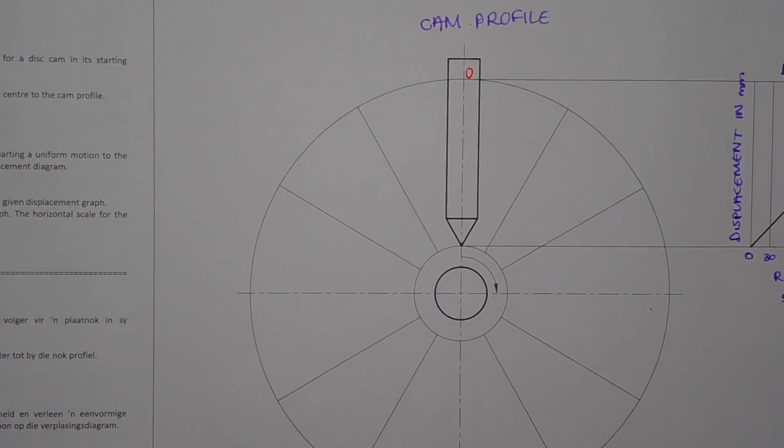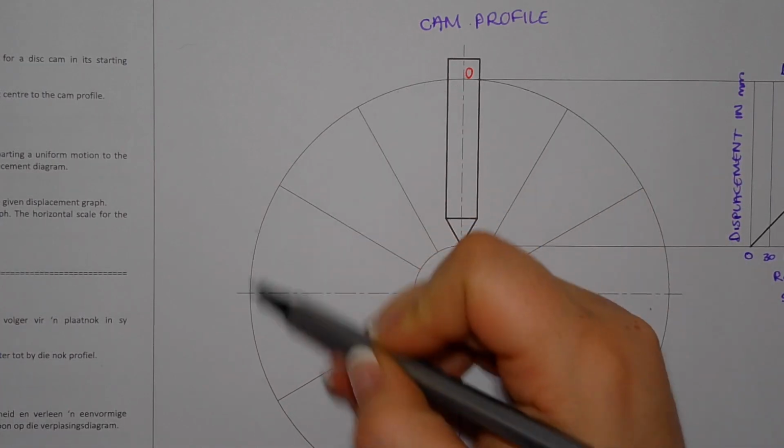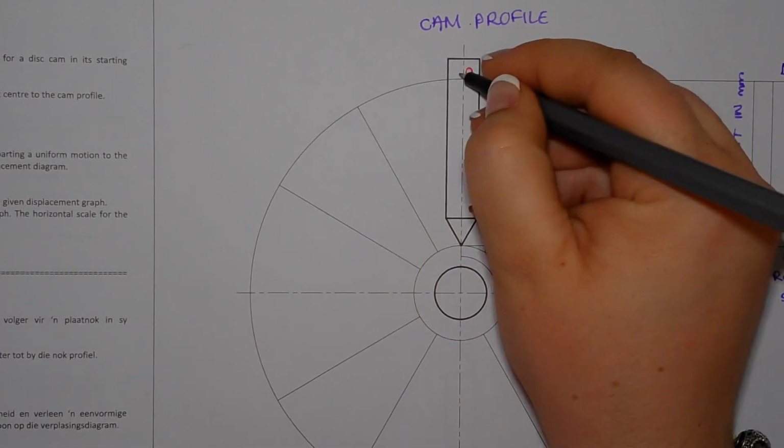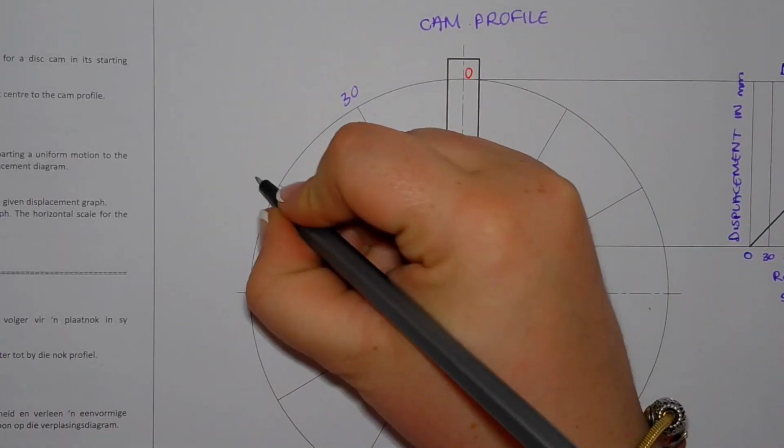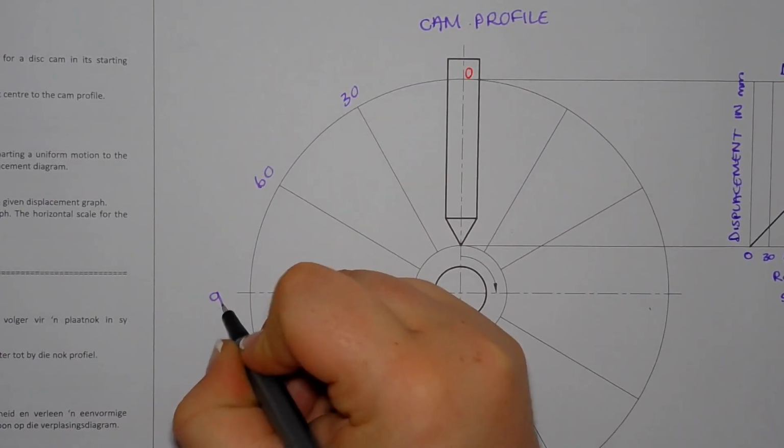We know that the follower goes in a clockwise direction, so I need to number anti-clockwise. So 0 is here at the top, then it's 30, 60, 90,